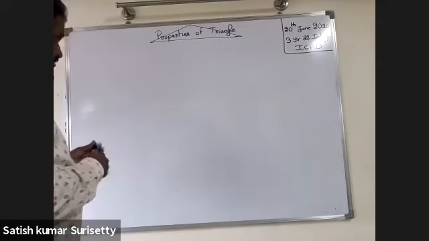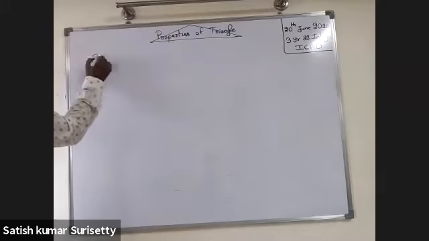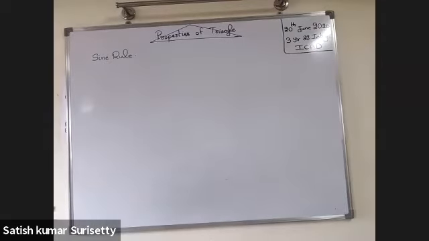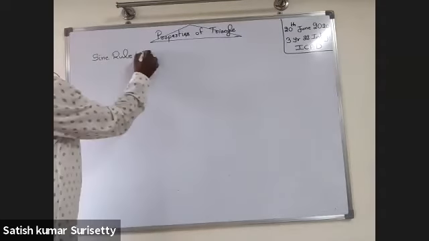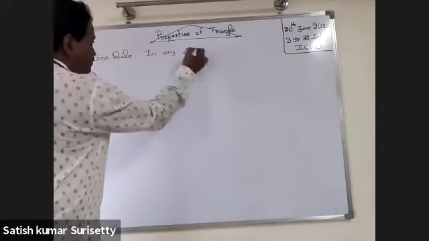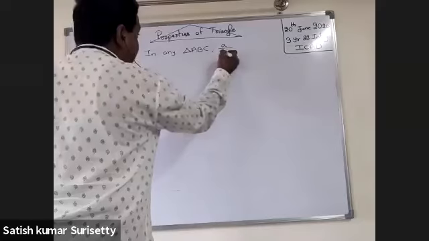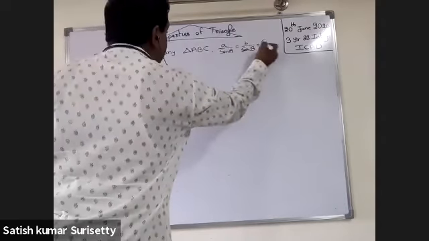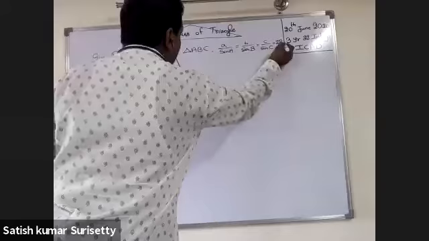Another form of sine rule. In any triangle ABC, a upon sine A equal to b upon sine B equal to c upon sine C equal to 2R, where capital R is the circumradius